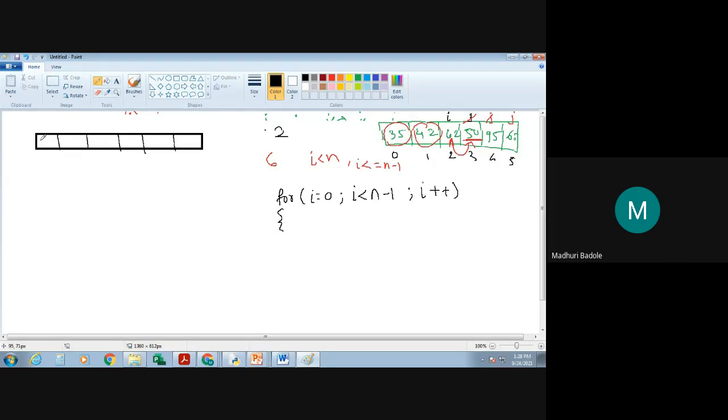Suppose this is my array: 35, 42, 11, 22, 44, 55. This is index 0, 1, 2, 3, 4, and 5.